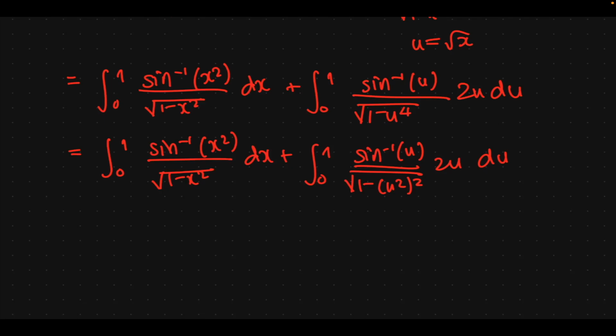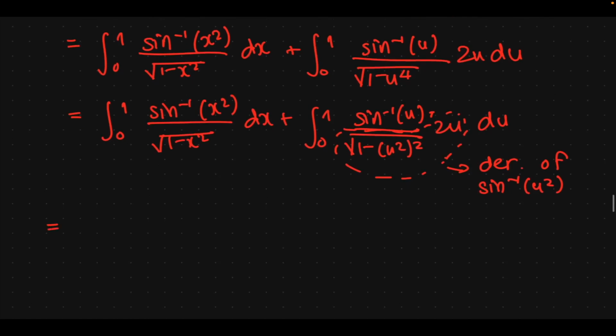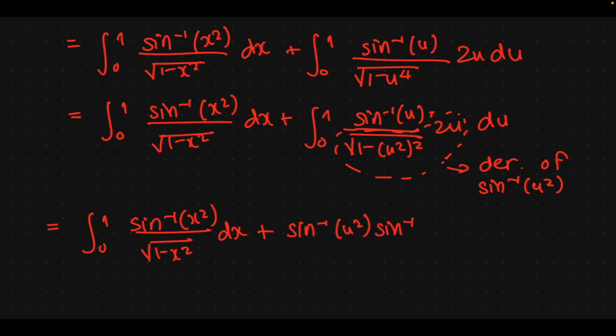So maybe I can circle this around and say that's the derivative of sine inverse of u squared. So we have a nice setup for an integration by parts problem. But I'm still not touching this first term, 1 minus x squared. So when we do the antiderivative, sine inverse of u squared, sine inverse of u